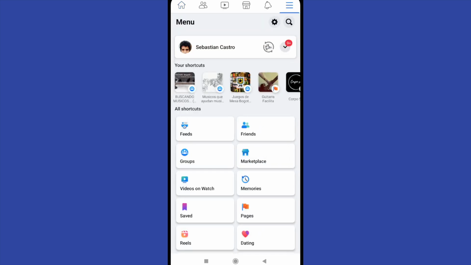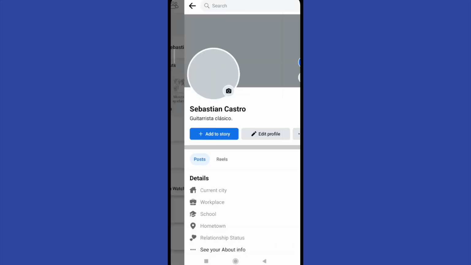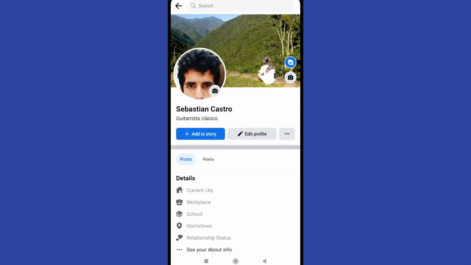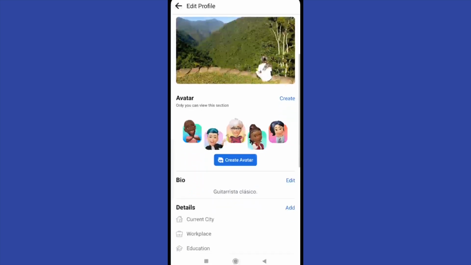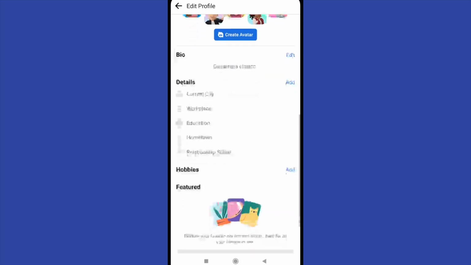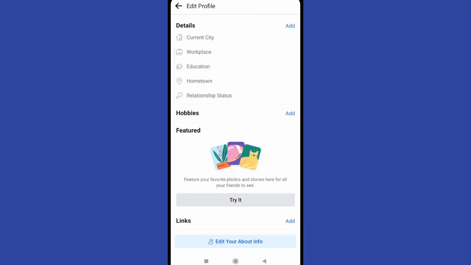and go to my profile here. Here I have the option to edit my profile next to the blue button. This is a gray button. And if I scroll down a little, I have the opportunity to get to links at the end of the screen. Now I'm going to add a link,